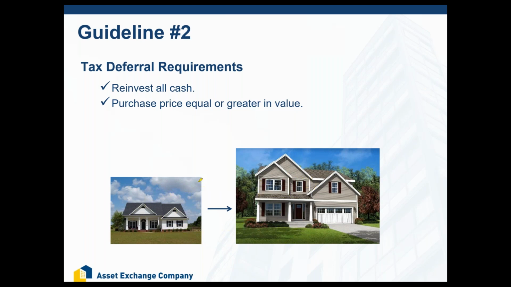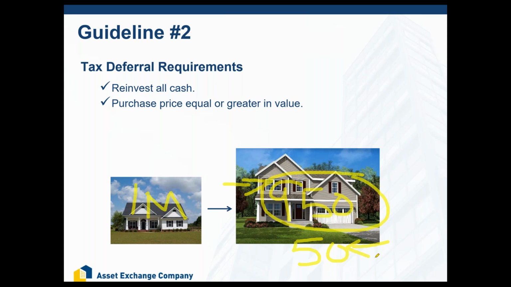Now, what happens if you don't? You sold for $1 million and you found out that the property that you wanted to pay $1 million for just got reduced and you only had to buy it for $950,000. Well, you're not going to offer more money, right? You're going to buy that property for $950,000, and because you're trading down in value, what happens? Well, the $50,000 trade down difference is simply taxable. Whenever you trade down in value, it doesn't disqualify the entire exchange. You just pay taxes on the difference.